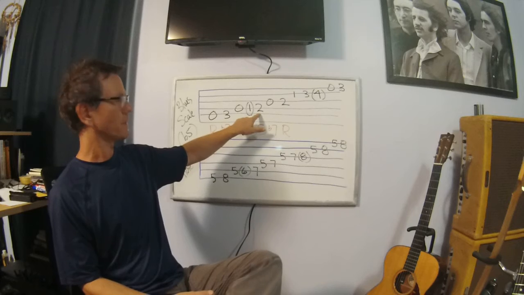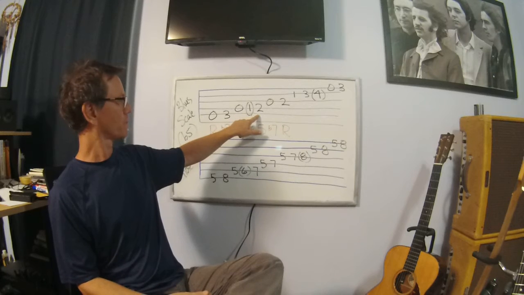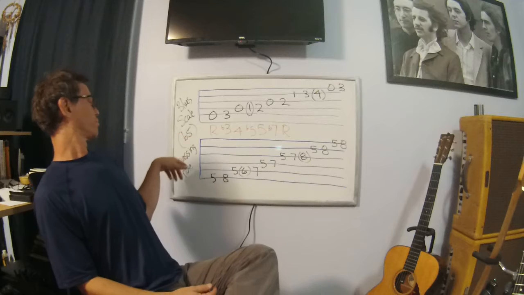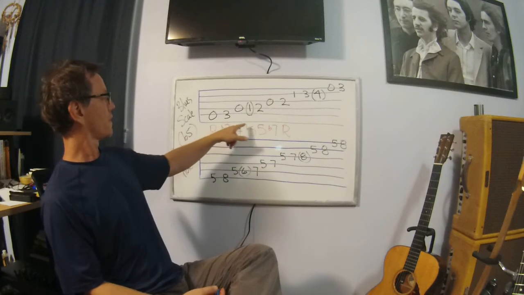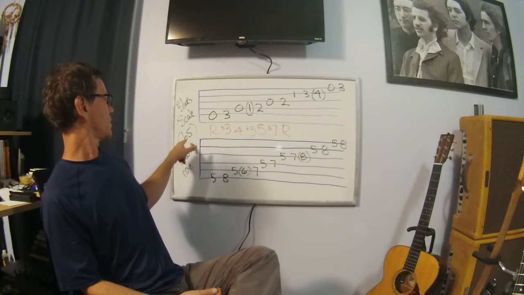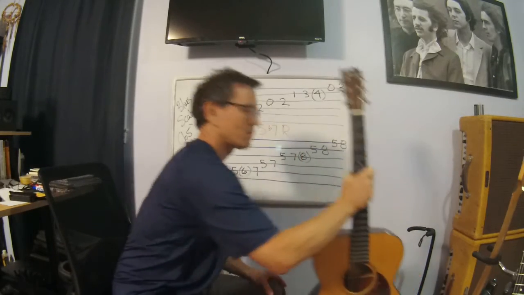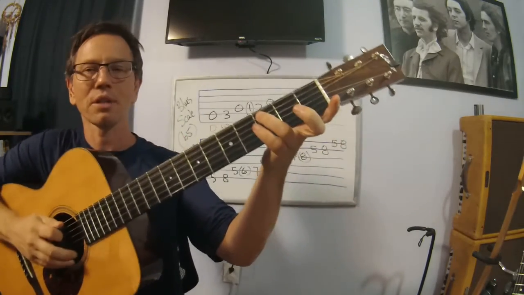If we take the fifth and we flat it, one fret, a half step, that's a flatted fifth. That's called the blues note. It's a passing note. So a flatted fifth is your blues note. And you've heard it a ton of times. So if I play just the minor pentatonic scale, you get